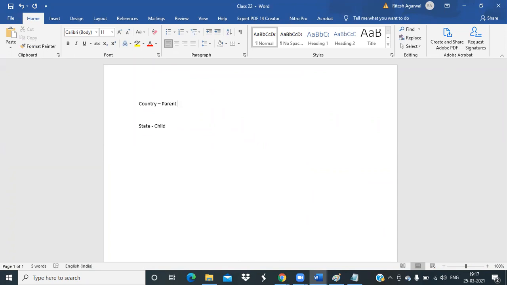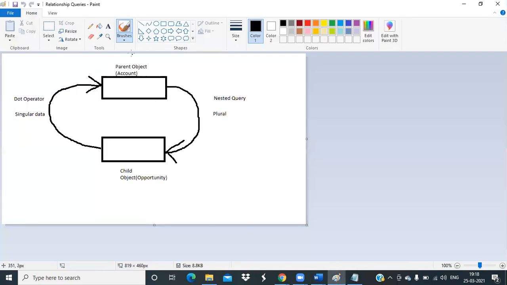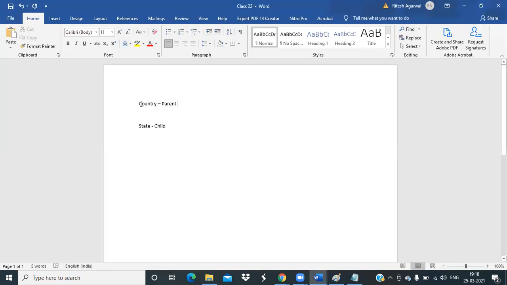Because if some application is already created and somebody says tell me out of these two objects which one is the child and which one is the parent, many things will depend on that, because the concept I am bringing here is based on parent and child. So state is a child object, country is the parent object.